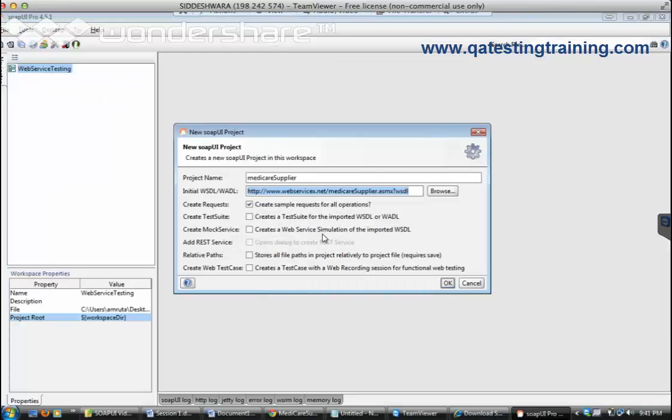For that particular operation, one request will be created. That is what we mean here: create a sample request for all operations. Create test suite for the imported WSDL. Create a web service simulation for the imported WSDL. We'll see that later. As soon as you get the WSDL file, paste it over here